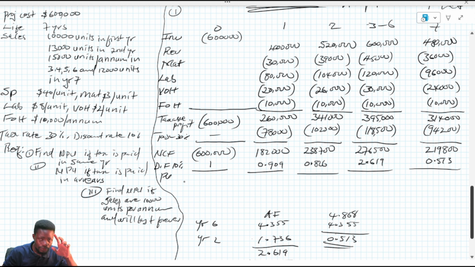The present value of your cash outflow, your investment at year 0: time value of money has no effect on it. So you look at year 1 now. When you discount year 1, what you will get is